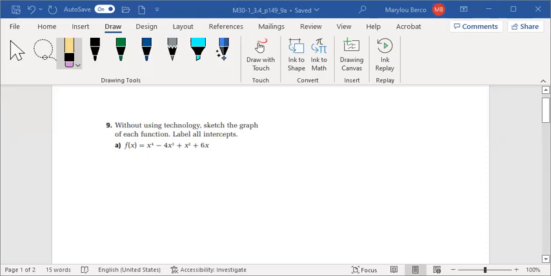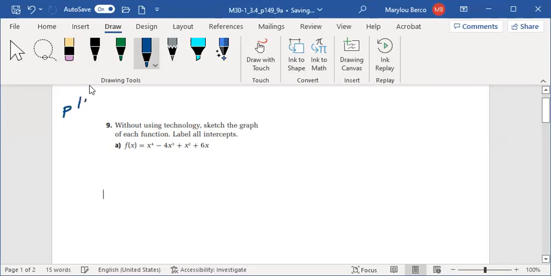Okay, number 9A on page 149. Without using technology, sketch the graph of each function, label all intercepts. So we have f of x is equal to x to the fourth minus 4x cubed plus x squared plus